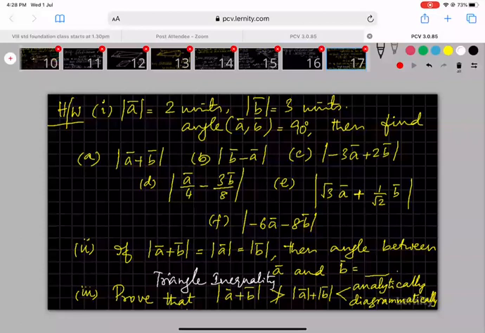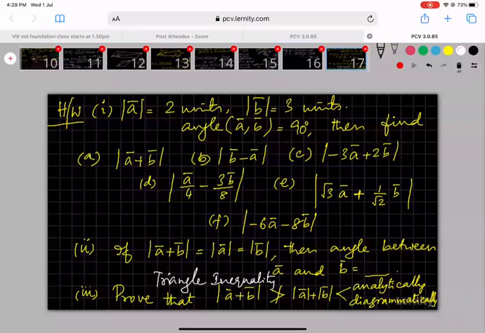Now, try to prove the triangle inequality using vector quantities analytically as well as diagrammatically. Analytically, you don't have to draw anything. Diagrammatically, as in you should not be writing anything. That's how you are supposed to do. Anyway, try to do this. 3 questions as homework. 3 as in it has sub questions also. These are the homework questions for today.